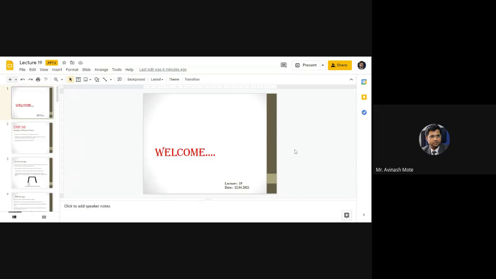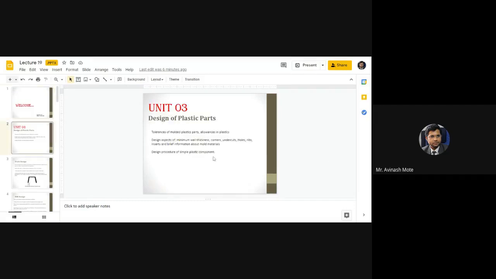Right. So we have started with the third topic, the designing part of the plastic component. In the first and second topics, we went through the descriptions, in the sense the basic requirements for the plastic, for the mold, for the setup, for the processing, for the joining, right? So we covered basic info only, and now we have started with the fundamentals or the terms that are required for the designing.